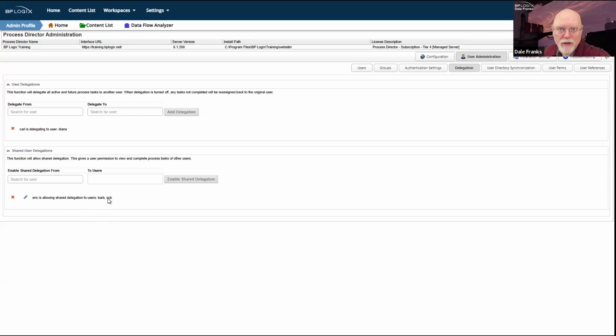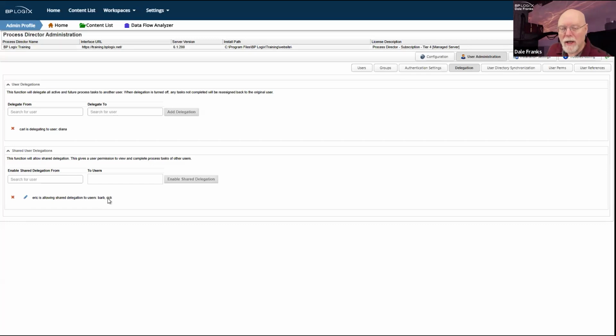Shared delegation also requires that you check a property in the Advanced Options tab of the activity itself to turn on shared delegation for that specific activity. Standard delegation does everything. Everything gets delegated, and everything gets delegated to who you specify. Shared delegation is applied per activity. And so if an activity doesn't have shared delegation enabled, shared delegation won't work. You get assigned a task, you have to complete that task. Your proxies, whoever they may be, your assistants, never see it.